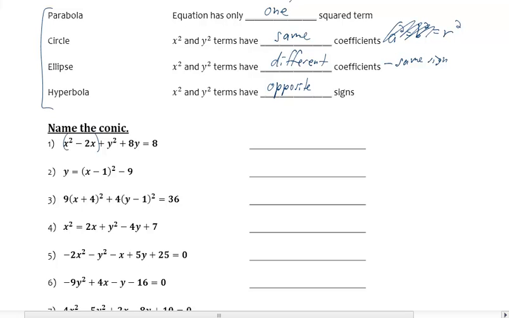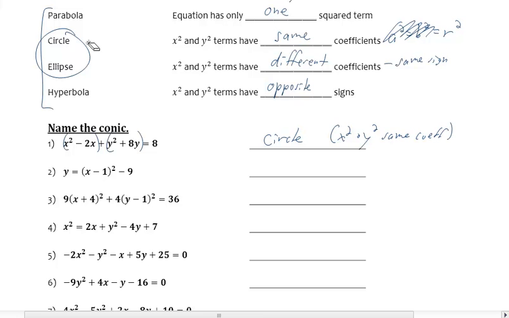We could look at that part and we could look at that part. But we know it's not a parabola because we have an x squared and a y squared. We know it's not a hyperbola because the x squared and the y squared are being added to each other. They're not being subtracted from each other. So what we are left with is deciding between a circle and an ellipse. If you look at the coefficients, you have 1x squared and 1y squared. This is going to be a circle because x squared and y squared have the same coefficients,